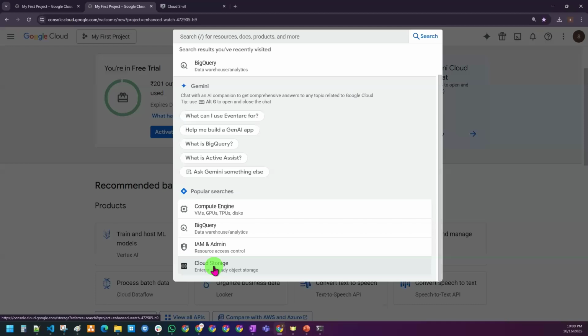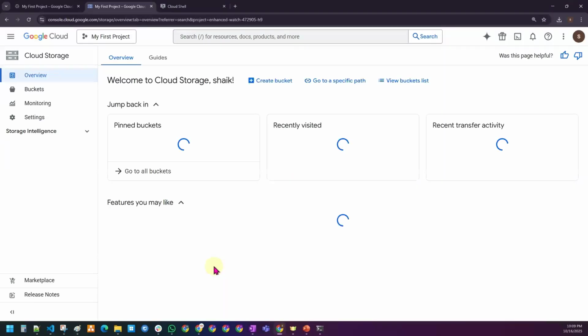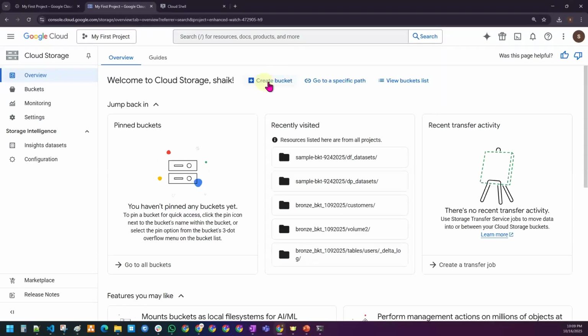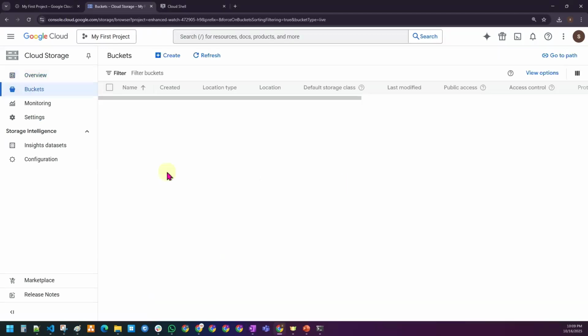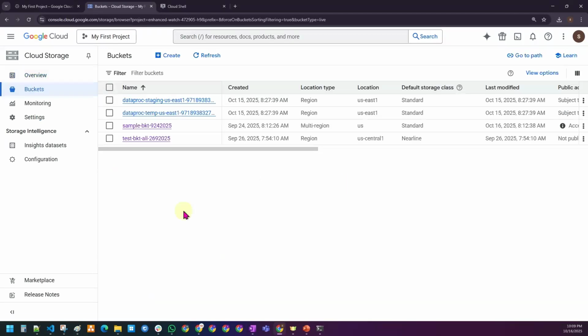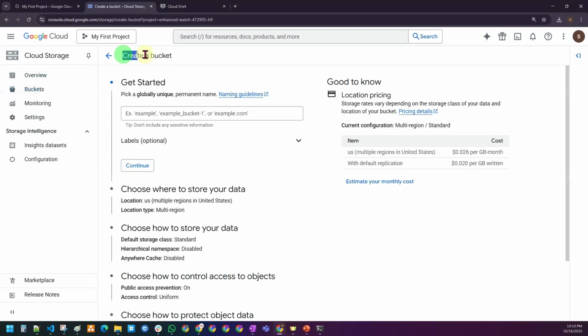I'm going to the Google Cloud Storage. I'm planning to create a bucket. You can see here, I might be having some of the buckets already here. I'm planning to create one more bucket. Click on create bucket. The moment you click on create bucket, we are trying to create the bucket using the